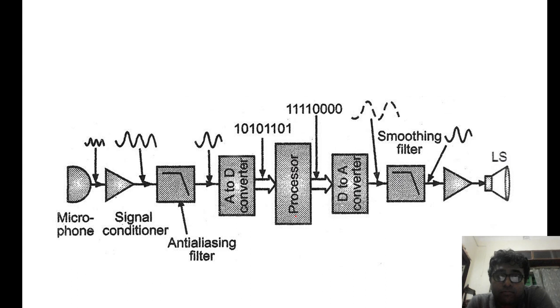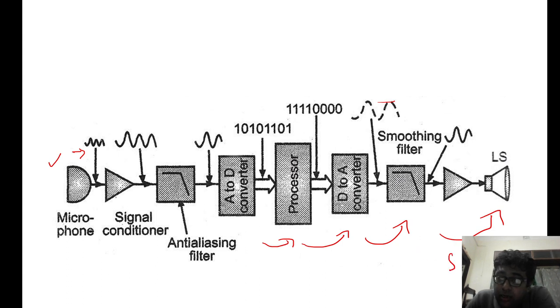This is also a basic picture of a microphone, right? The microphone goes through here. It's a buffer, signal conditioning. There is an anti-aliasing filter which prohibits the signal from having aliasing error. Using an A to D converter, a processor, again a D to A converter, and again a smoothing filter, it will provide you a processed